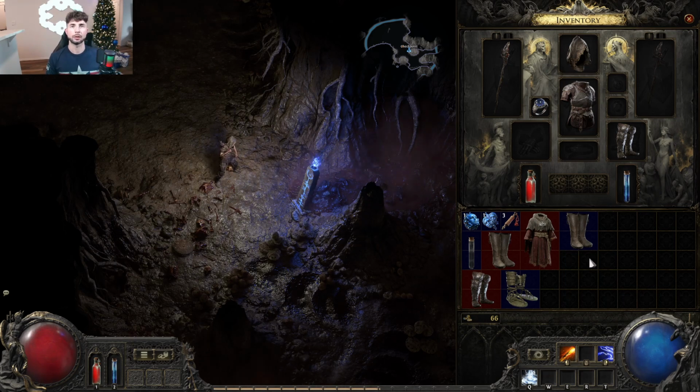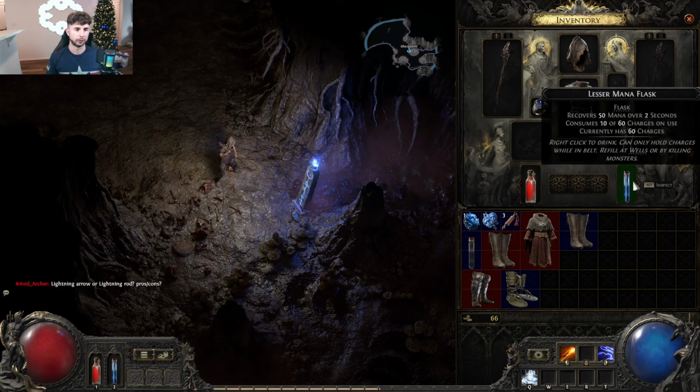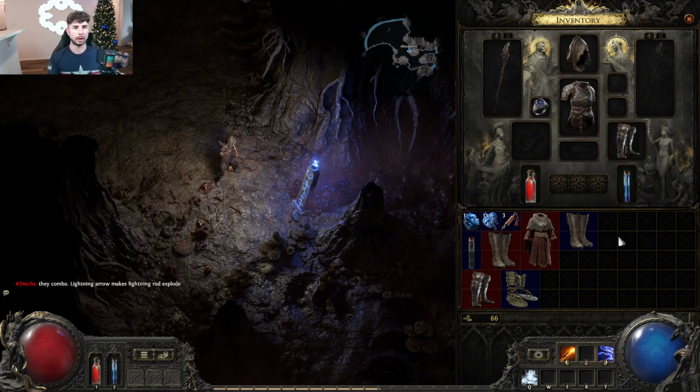A couple of the differences that I'm noticing right off the bat is we do have health potions and we also have mana potions. I do really like having these mana potions. It is super helpful because that means we can keep on attacking without having those cooldowns, or at least at this point so far. And so with that, let's see how far we can get,